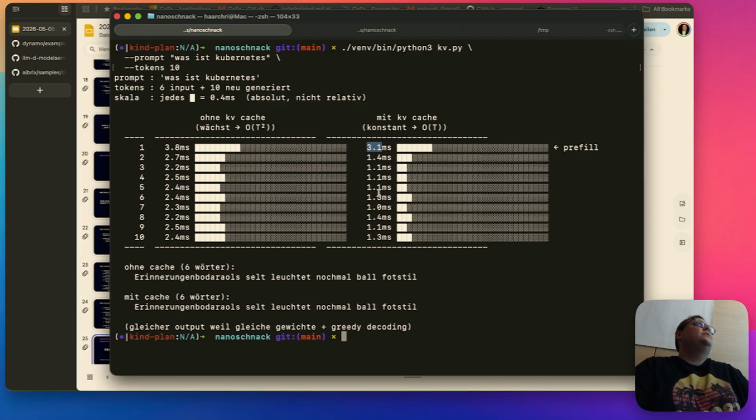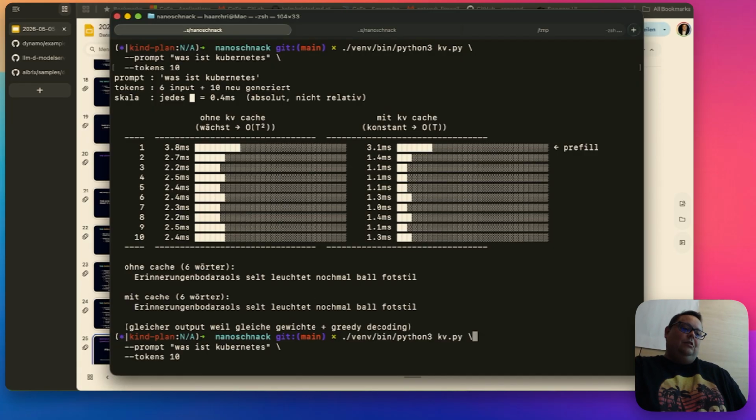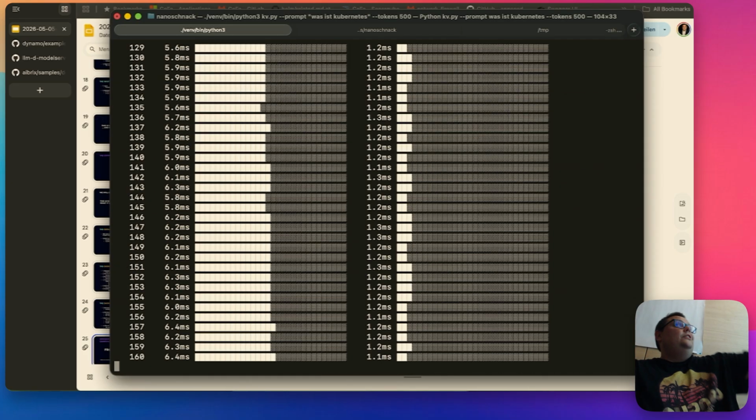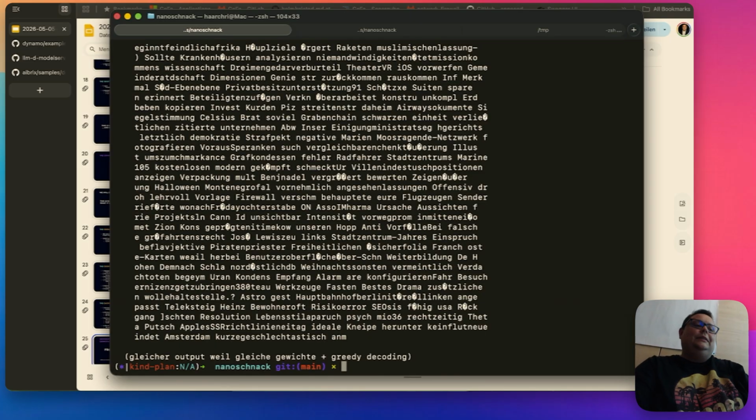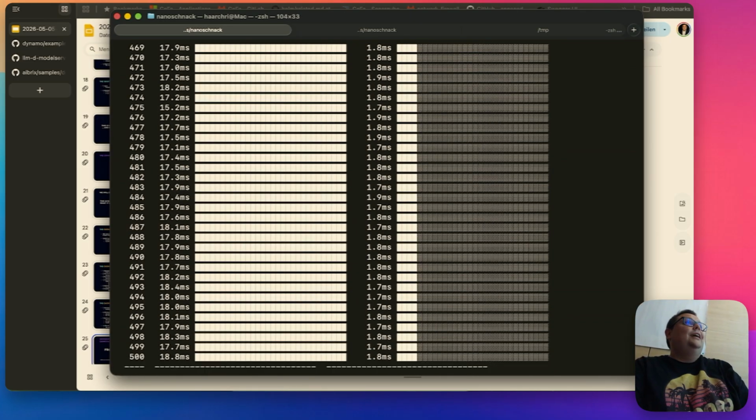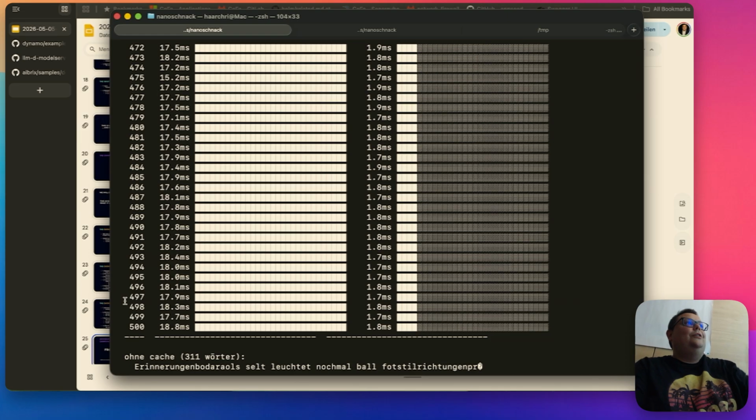The difference with 10 tokens is a millisecond between the tokens. Now let's say we make 500 tokens. Then you see on the right side that every new token generation takes roughly 1 millisecond,